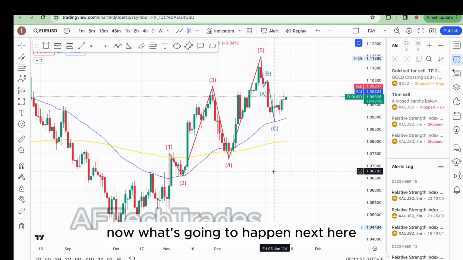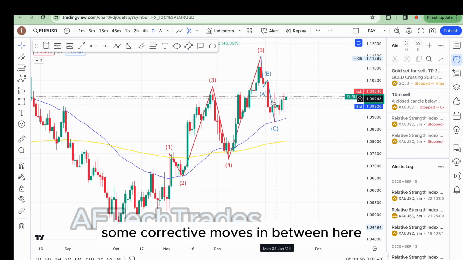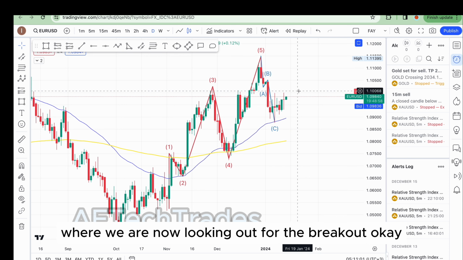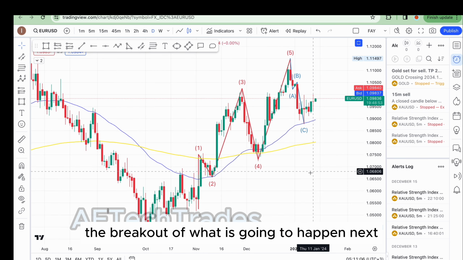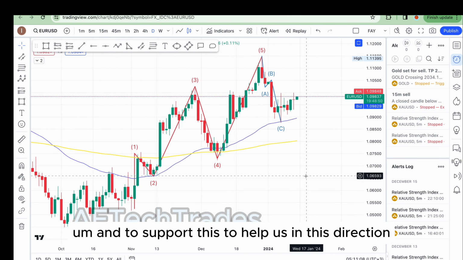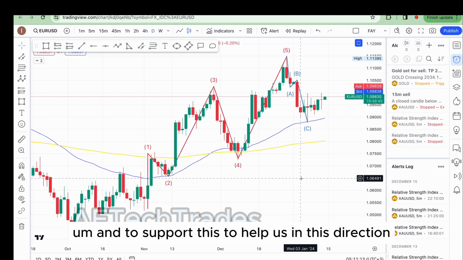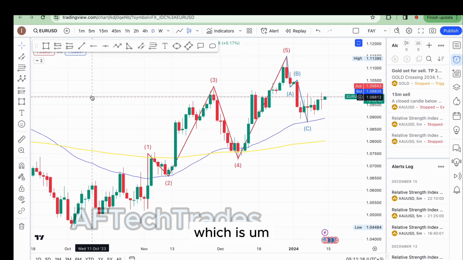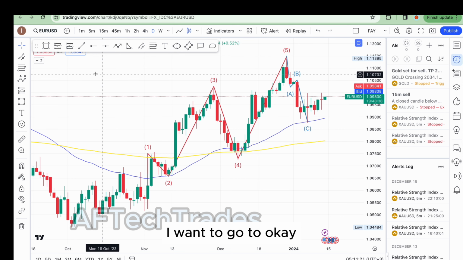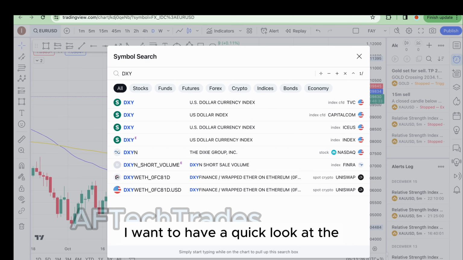Now what's going to happen next here is that it's either do some corrective moves in between here, where we are now looking out for the breakout. Okay, we are looking out for the breakout of what is going to happen next. And to support this, I want to go to, okay, this is Euro USD, right? I want to have a quick look at the